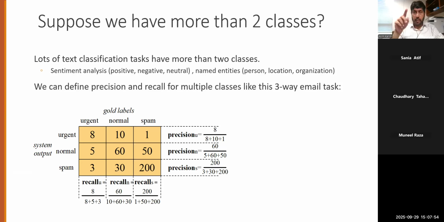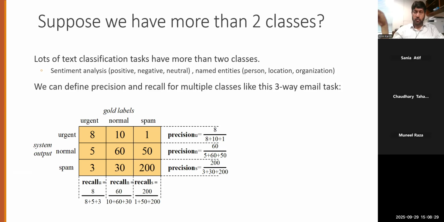So आपके पास urgent के लिए आपने recall निकालना है. अर्जेंट में ऑफकोर्स टीपी, करेक्ट क्लासिफिकेशन इज एट. एट डिवाइडेड बाई टोटल नंबर ऑफ करेक्ट क्लासिफिकेशन कितनी है? सो एट प्लस, नीचे आपके पास एट के नीचे नंबर क्या आ रहा है? अर्जेंट ट्रू क्लासेस कितनी है? एट प्लस, सो 16 है. ठीक है ना. सो इसका रिकॉल होगा 8/16 विच इज अबाउट 50%.